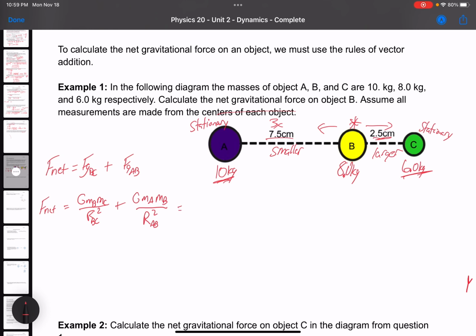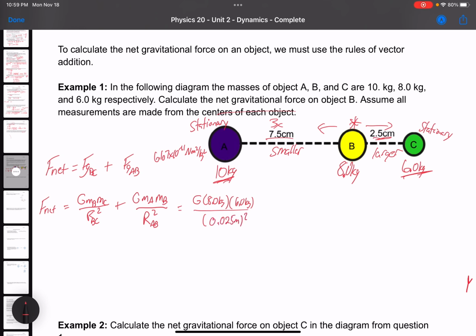So just for the interest of time and space, I'm just going to stop writing out the constant. But again, it's 6.67 times 10 to the negative 11 newton meters squared per kilogram squared, and you can find that on your formula sheet. But I'm just going to write G in this video just to keep things moving along a little bit quicker. So mass of B, 8 kilograms. Mass of C, 6 kilograms. And the radius needs to be in meters. So 2.5, you divide by 100, and you get